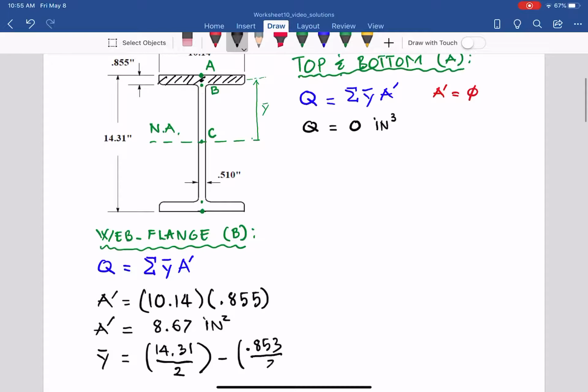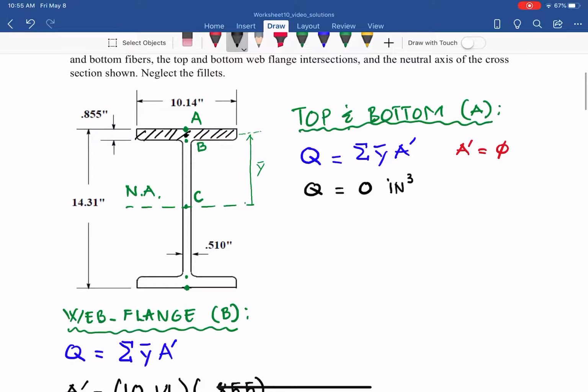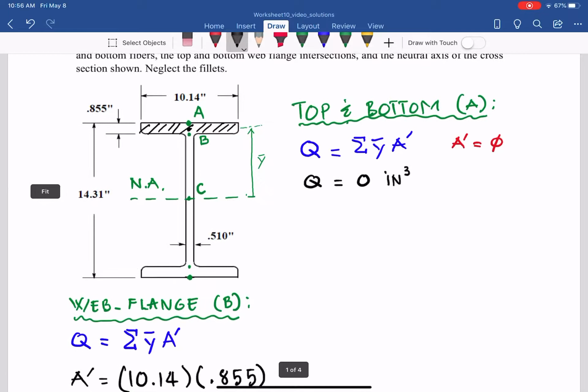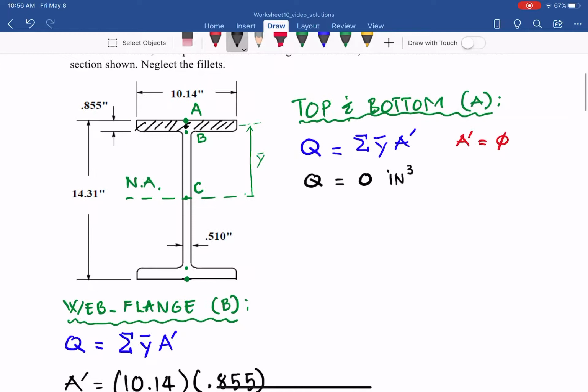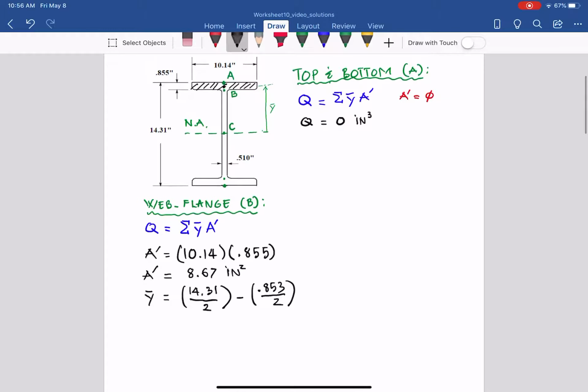0.855 divided by 2, half, because the centroid, the black point here, as you can see, goes to the middle of that rectangular shape of the flange. So it will be half of the height of the beam, 14.31 inches. That is from the neutral axis to point A. Subtract half of the thickness, which is from point A to the centroid. So you will get y bar in that equation. And that here you have Q, y bar from that calculation, 6.73